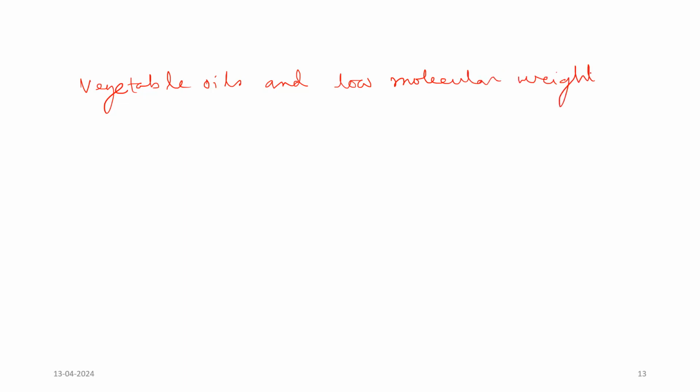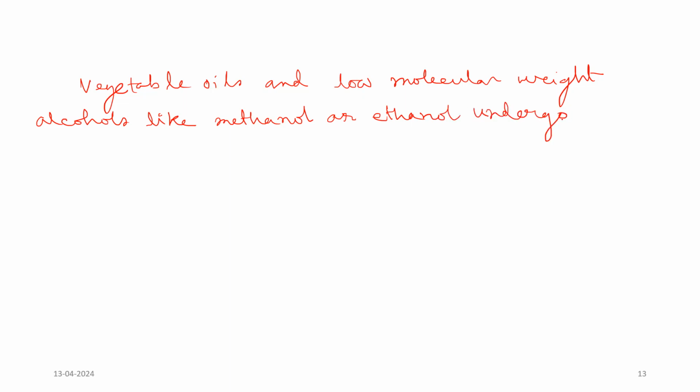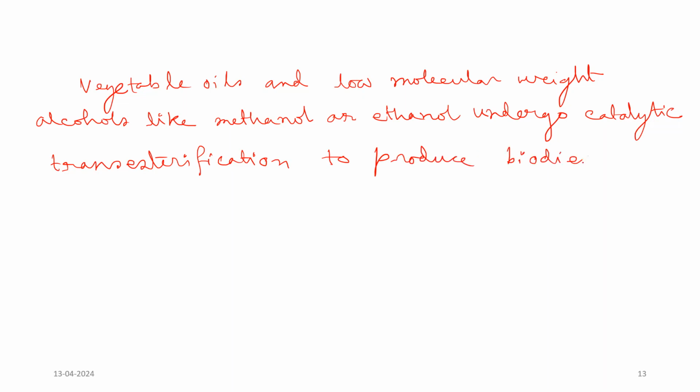So vegetable oils and low molecular weight alcohols like methanol or ethanol undergo catalytic transesterification to produce biodiesel. Okay,